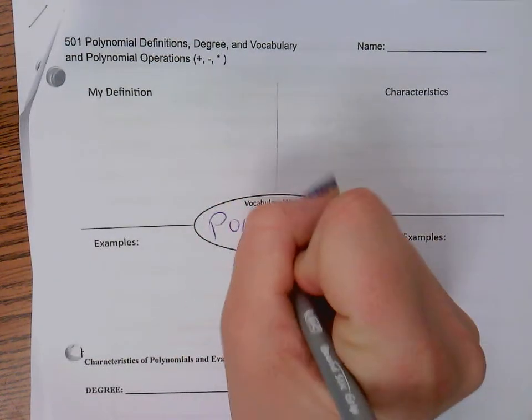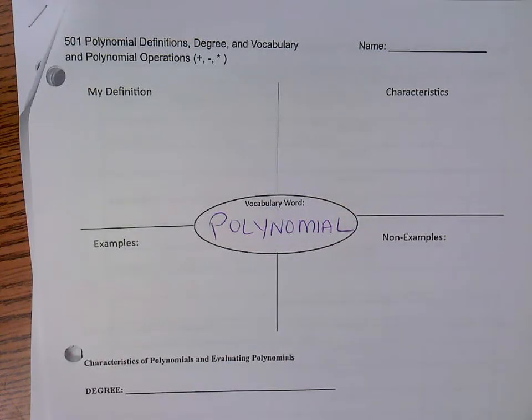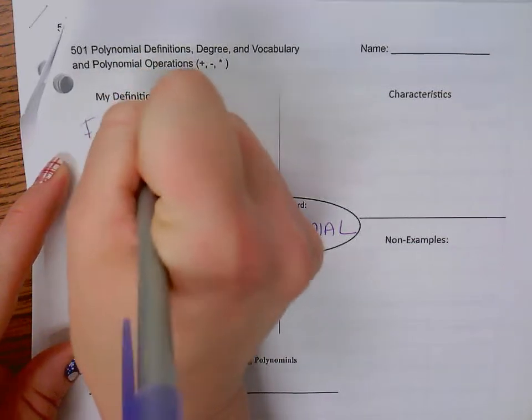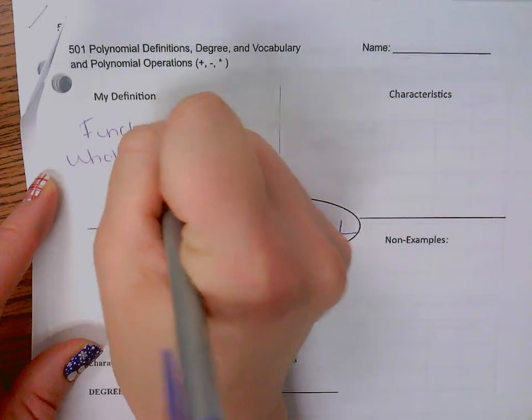Polynomial. So Wes said that maybe it's when there's more than one variable, but our definition of a polynomial function is it is a function with whole number exponents